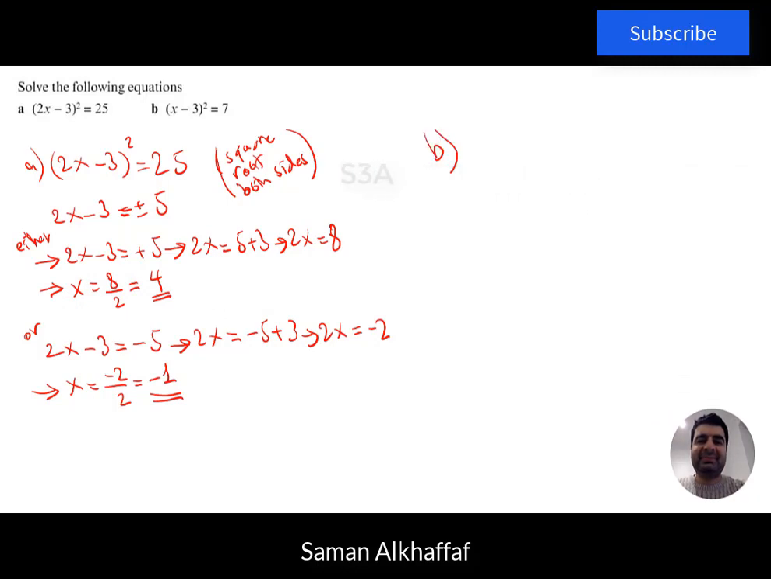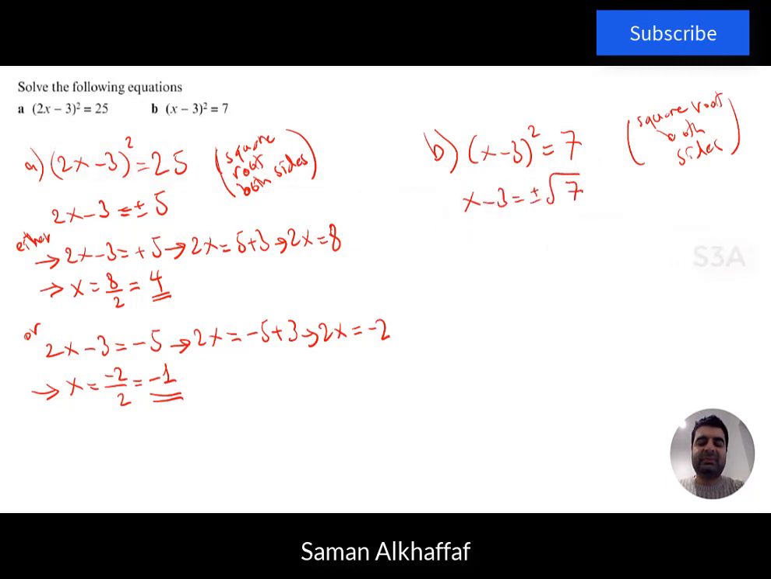In this example we have the expression of x minus 3 squared equal 7. So first we take the square root of both sides, and that will give us x minus 3 equal plus minus root of 7. So first we take the positive, so we say either x minus 3 equal plus root 7, so that will give us x equal